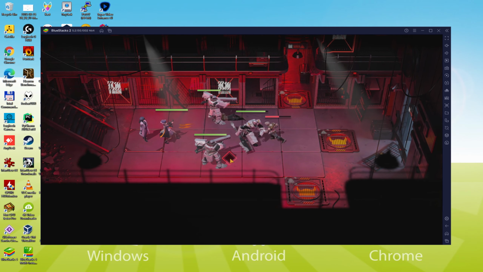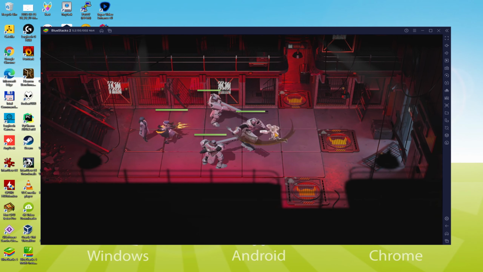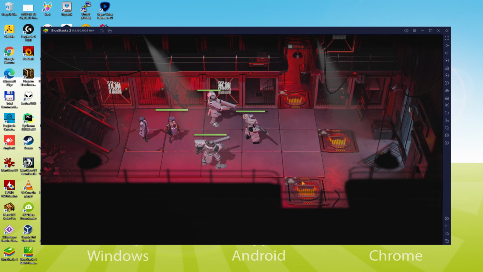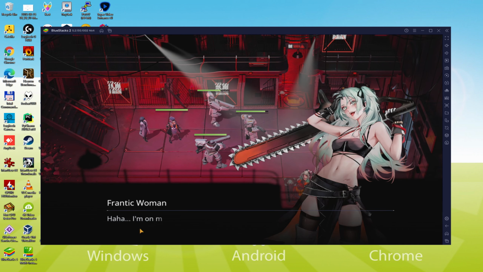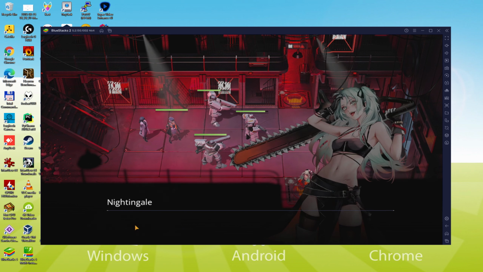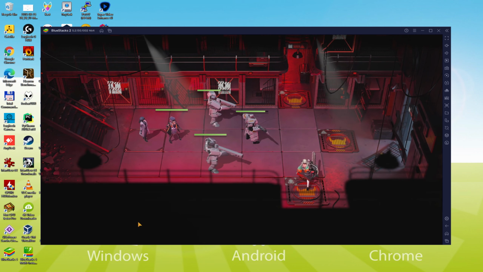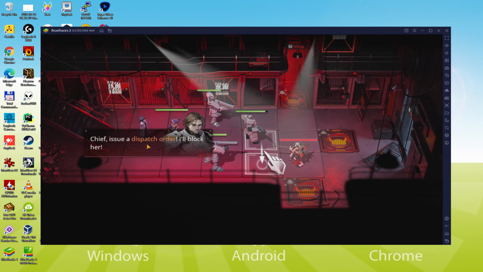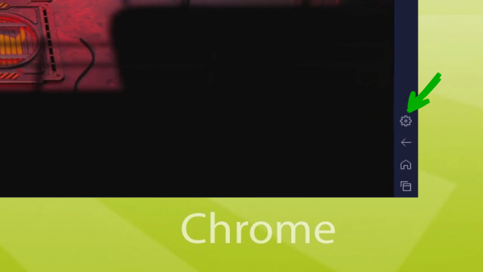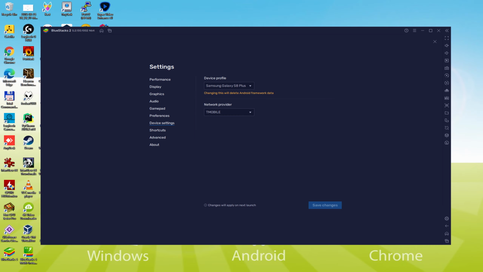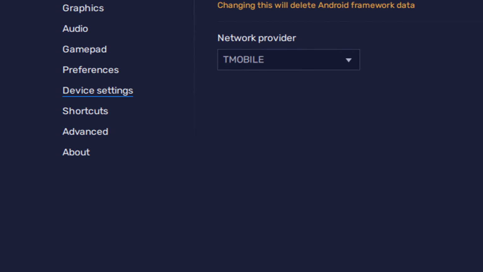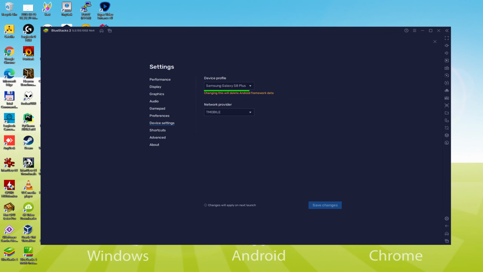So now, there is another thing that we need to take into consideration, and it is that we will get an email reporting that a new device has been linked to our Google account. It will ask us if we're the ones who connected that device. Of course, we should not worry, as the emulator is acting as an Android device. So you can identify which tablet or smartphone is being emulated. We come back here, to the cogwheel and we click on it. Let's go here to the model selection. And there we see that the emulator is emulating a Samsung Mobile. And so we're going to receive an email saying that a new Samsung device has been connected to our Google account.